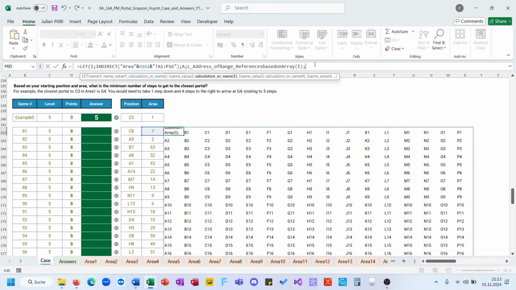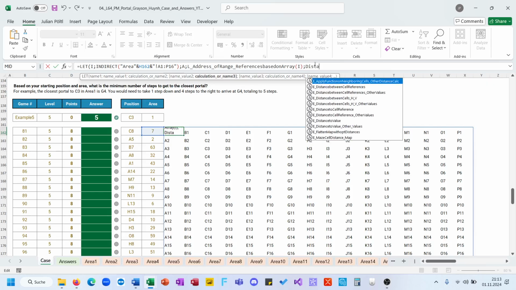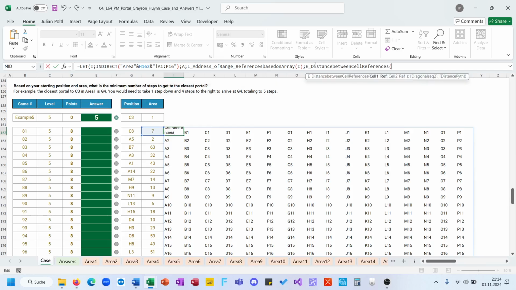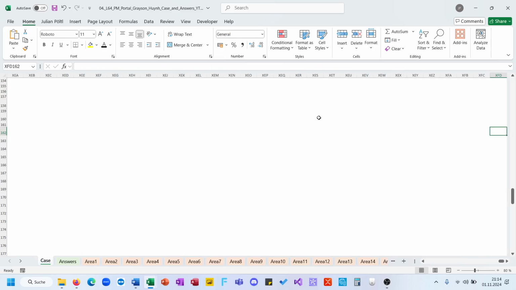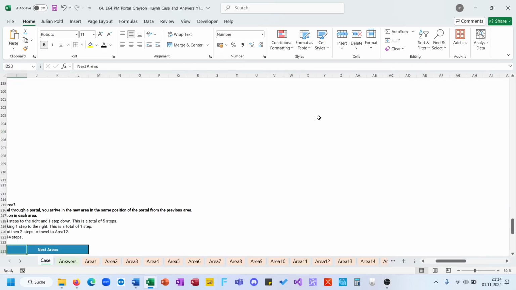And now I want to have a distance map, distance between cell references. First cell reference is given here, then I want to have my cell references I created, and here 1 because diagonals are counting as 2. Name this d4 distance. This will spill, yeah,